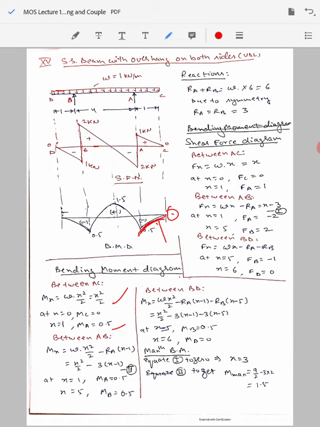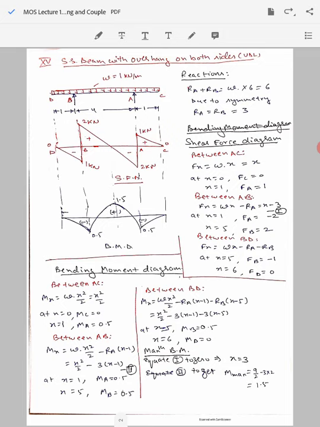Then for the span AB, at both the ends you have the value as 0.5. You see here it is 0.5 and here also it is 0.5. But mind it, from this equation we can see there is a quadratic variation or the parabolic variation between point A and B. So this is not a straight line. Please don't make a mistake of joining the point C and A with the straight line because it is 0.5. You have already checked that the equation is giving you a parabolic curve between these 2 points. So you need to join these 2 points by a parabolic shape or by a parabola.